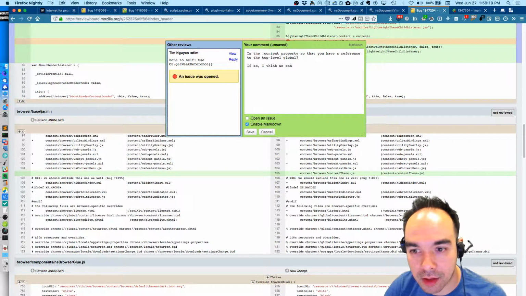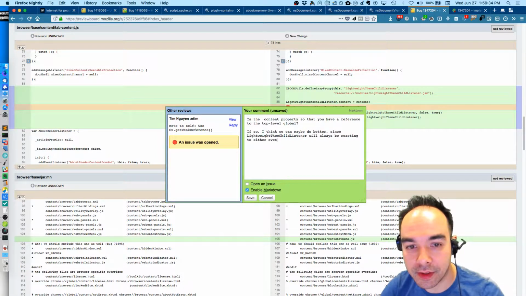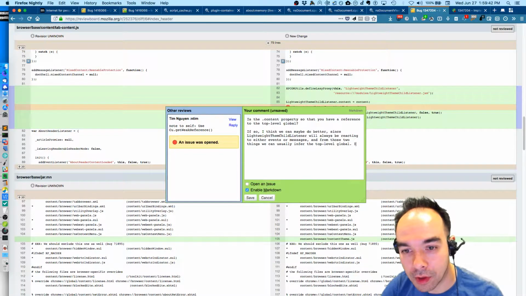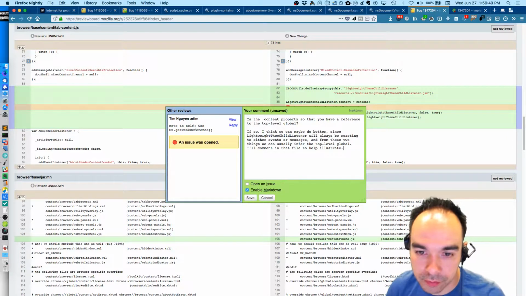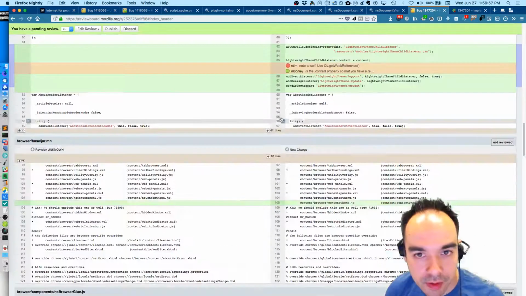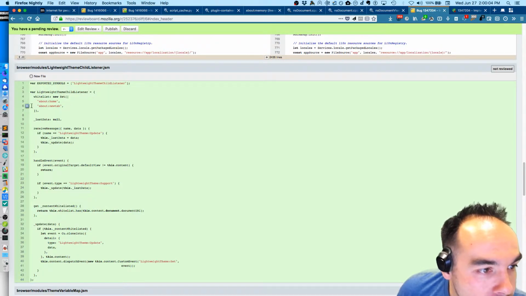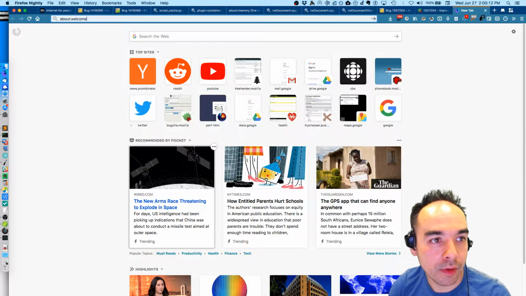I think we can maybe do better, since lightweight theme child listener will always be reacting to either events or messages, and from those two things we can usually infer the top level global. I'll comment in that file to help illustrate. Yep. So let's see. Make sure that's an issue that's opened, and then we should probably add about welcome there too, because I think about welcome also goes to